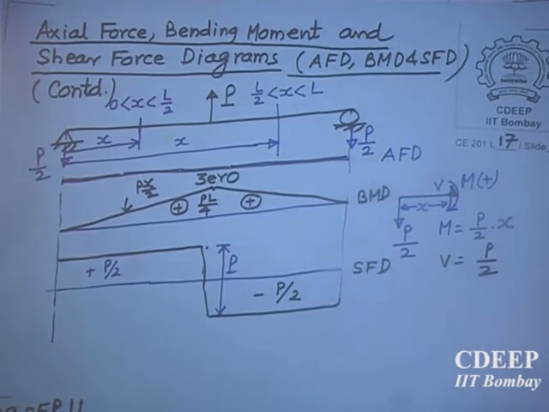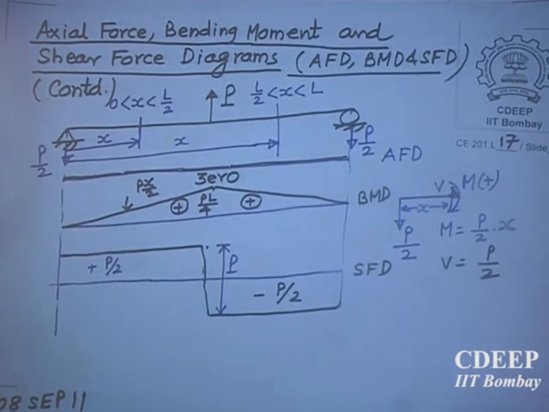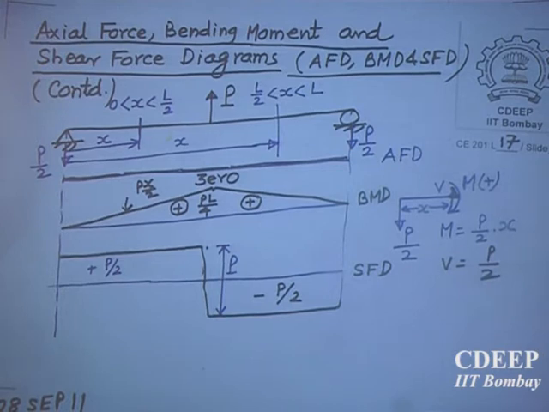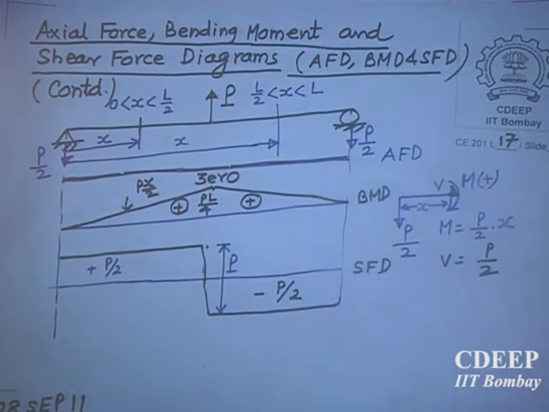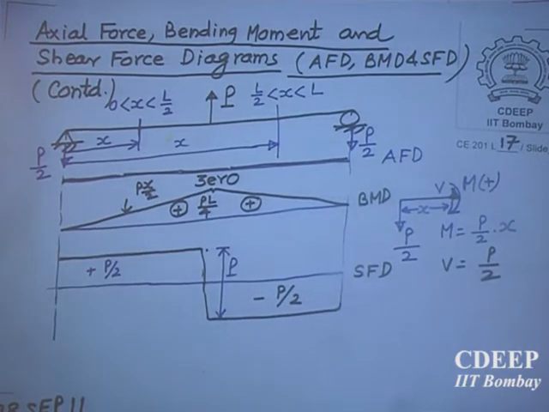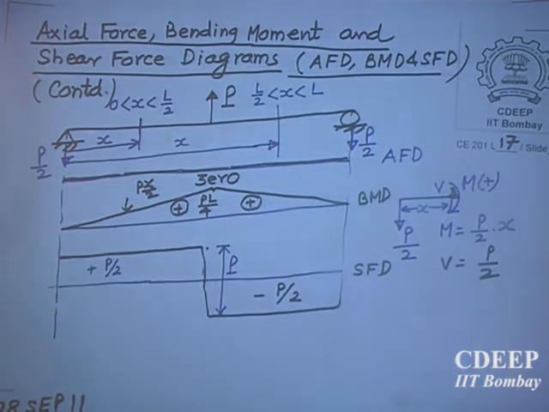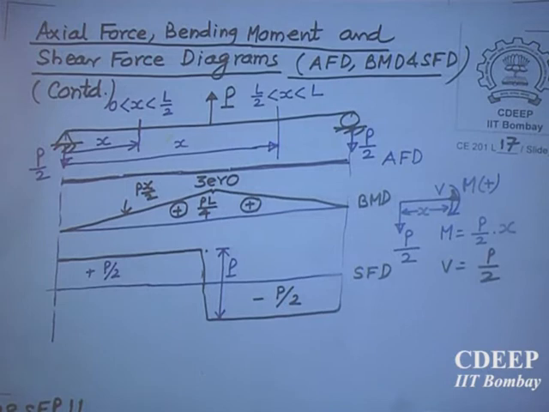Now bending moment, of course here I cannot show you that. If there is a moment anywhere in the beam, then again there will be a jump. I will take a problem and show you. So this is the simple diagram that we have drawn.